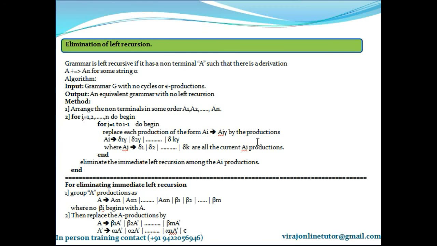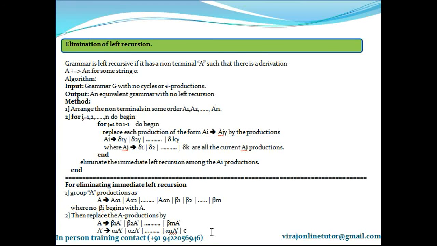That's this, simple. And once you do those substitutions, the final step is to eliminate immediate left recursion using the formula below, which says group all productions starting with A together, group everything not starting with A together, and replace this with A gives beta 1 A dash, beta 2 A dash till beta M A dash, then A dash gives alpha 1 A dash or alpha 2 A dash till alpha N A dash or epsilon.